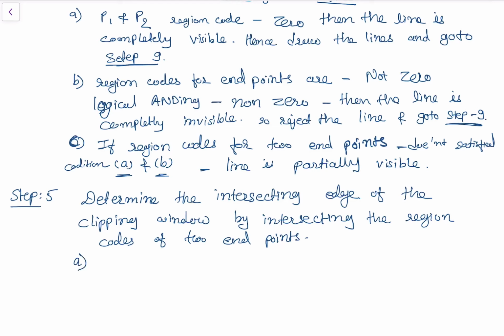First, if the region codes for both endpoints are non-zero, then find